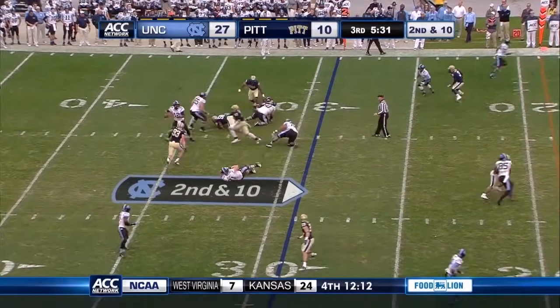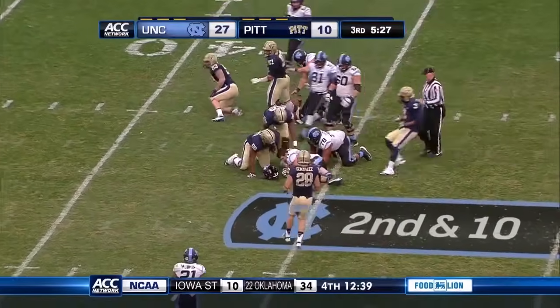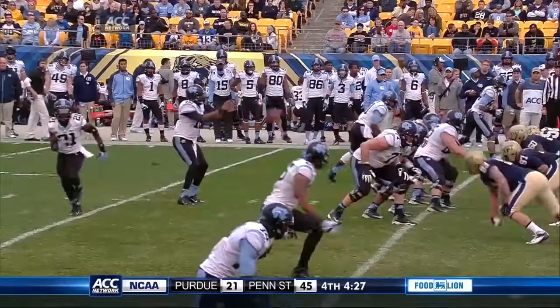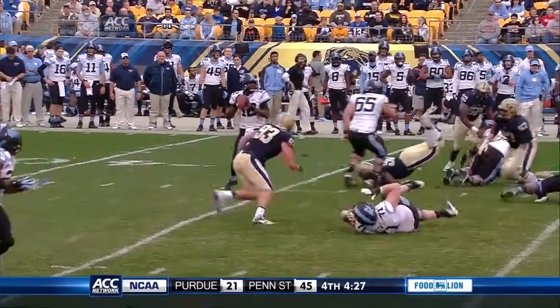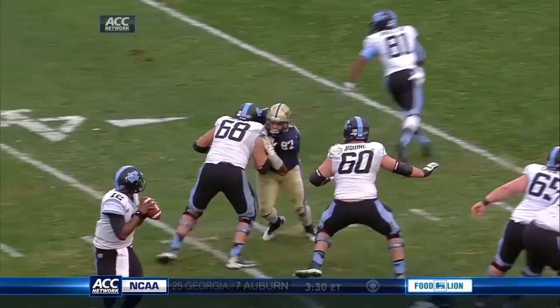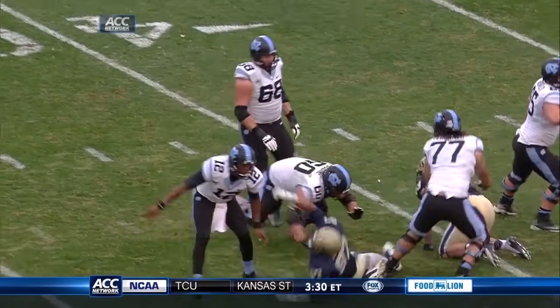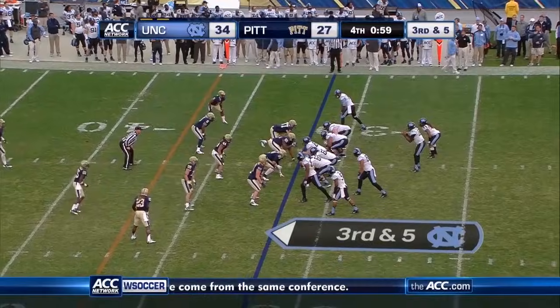Now facing second down. Williams, oh my, loses the football. He is crunched by Donald. So here I am, Marquise Williams. You forget about me? Look at the speed, the bull rush. He's got two guys on him, but he doesn't give up. That relentless pursuit. On third down,